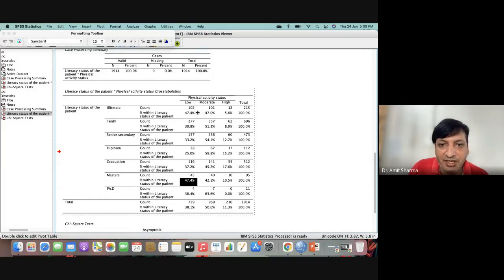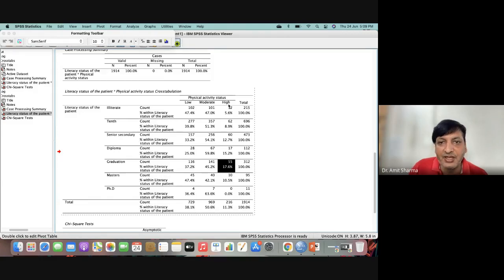Actually, what percentage are we seeing? We are seeing the percentage of this will be equivalent to 100. That 47, 47 and 5.6 will be 100. And here we are getting 47, 42 and 10 equivalent to 100. So you can quote this and this for low, and the highest, if you want to find out. Obviously we have a highest here for moderate, and the highest for high is this one, 17.6.